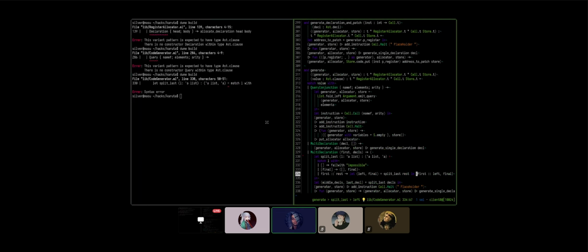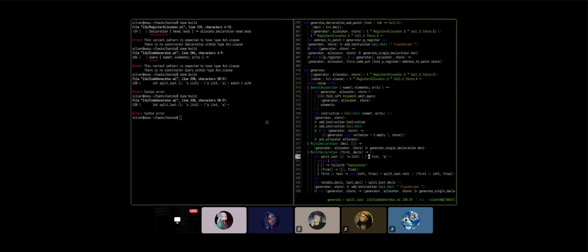Can you try to compile this to see if it's a syntax error? Still a syntax error. Oh, I know why, because that's a Haskell thing. Okay, so you need to replace the tuple with the star. Oh, right. That's actually correct. Yeah, there you go. You can remove the parentheses now, by the way.